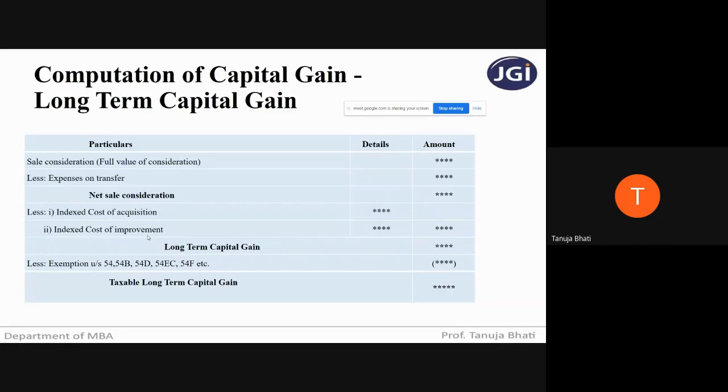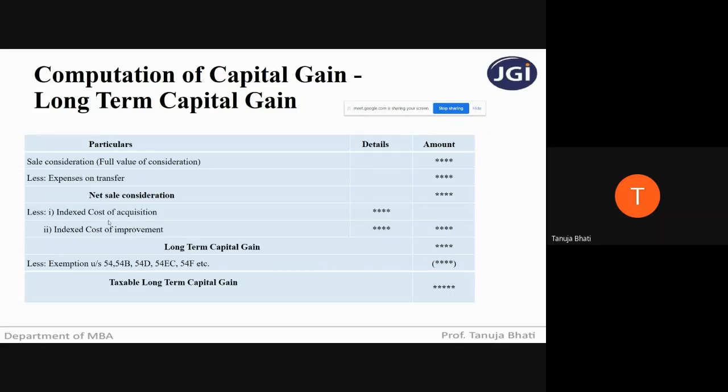Similarly, cost of improvement is nothing but whatever cost you incur in order to improve the asset. You have to convert the actual cost into the indexed cost. How are you going to make the conversion? By using cost inflation index. Now, cost inflation index is nothing but the indexes decided by the central government based on the inflation rate, or the change in consumer pricing happening every year, and the central government notifies that in the official gazette. So for every financial year, there is a cost inflation index notified by the central government. So we have to use that inflation index and convert our actual cost of acquisition into